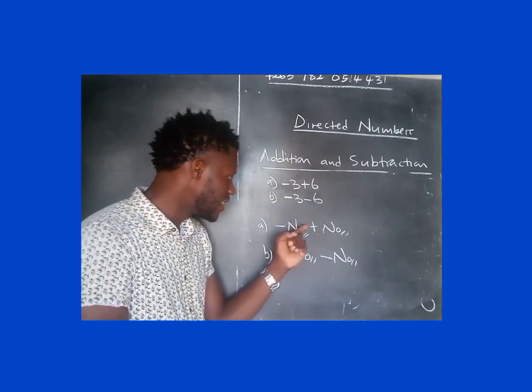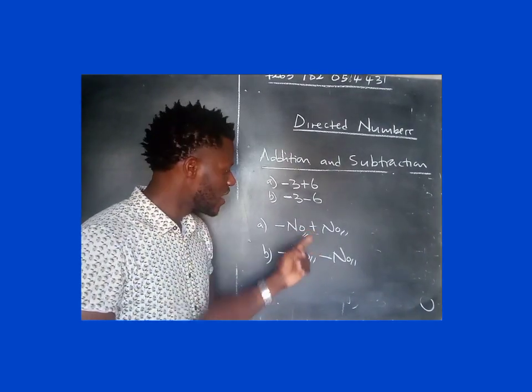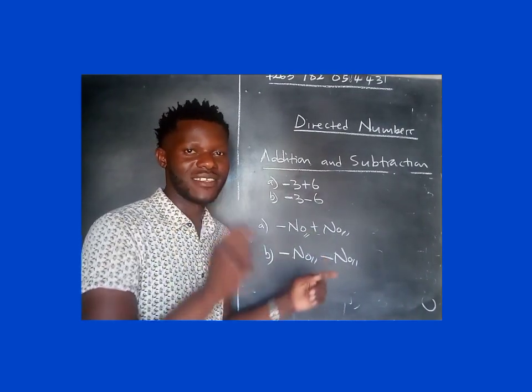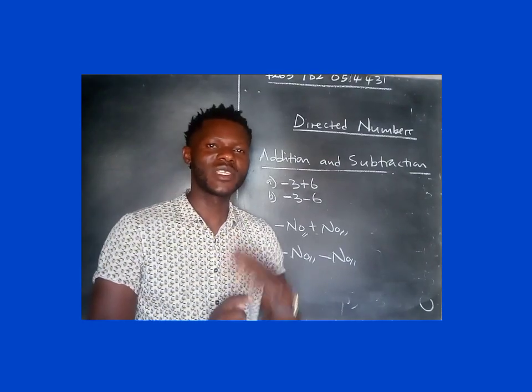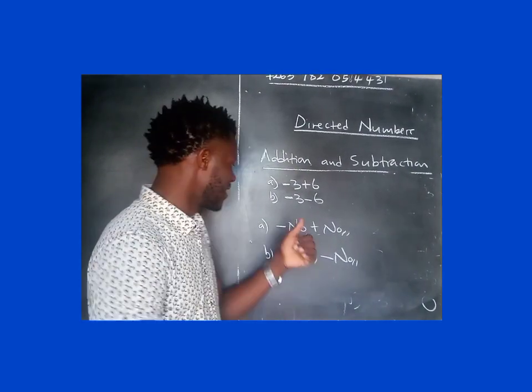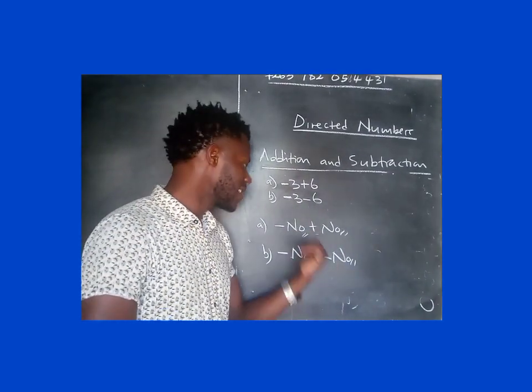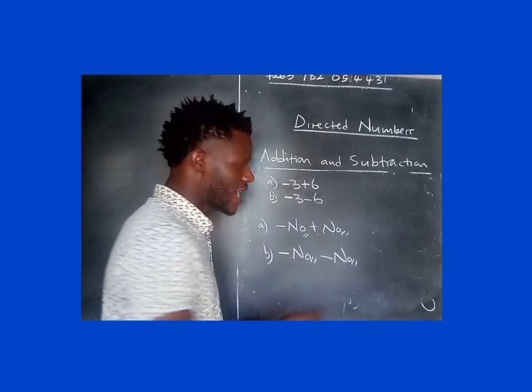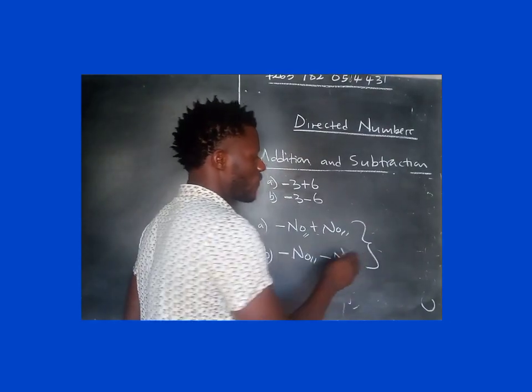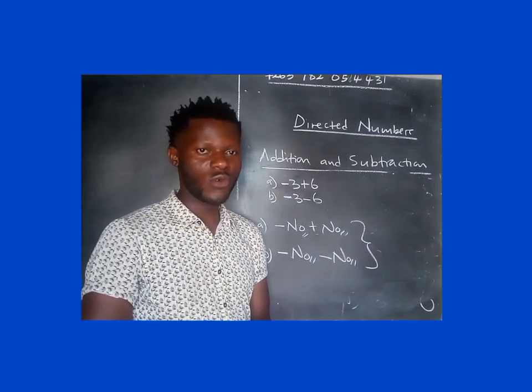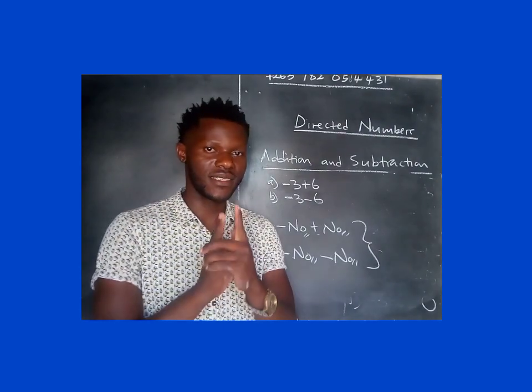If it's an addition sign, subtract. If it's a subtraction sign, then you add. How simple is that? Always do the opposite. Addition, you subtract. Subtraction, you add. Then the final answer will take the sign of the bigger value. So which means in your notebook, you can take this statement,